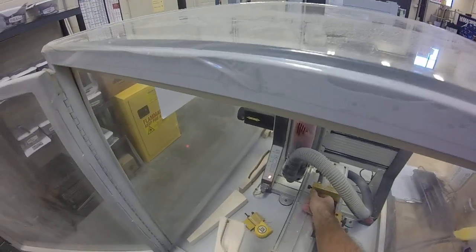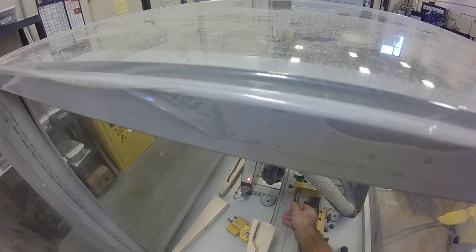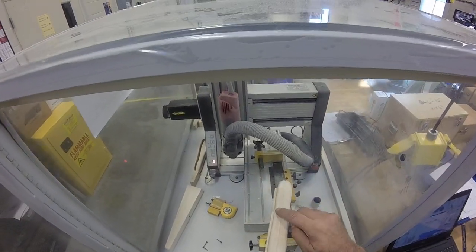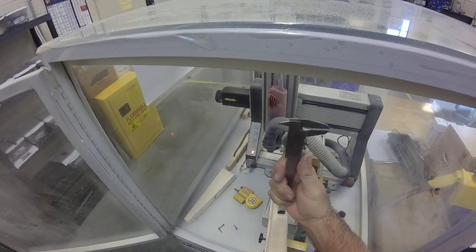So we're trying to be on center with this pivot point right here. Only to set it up off of this loose piece would not be totally accurate. It would be pretty good, but we can actually take data that we have right now. And I actually measured this step. The difference in this step